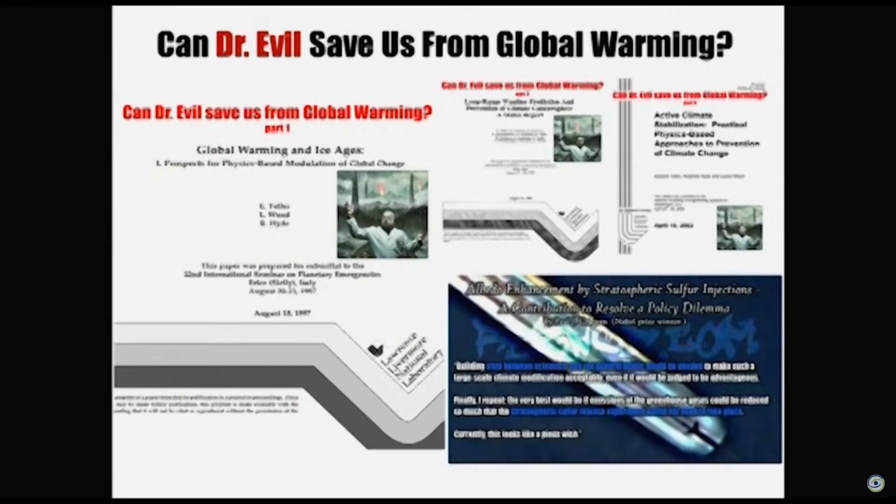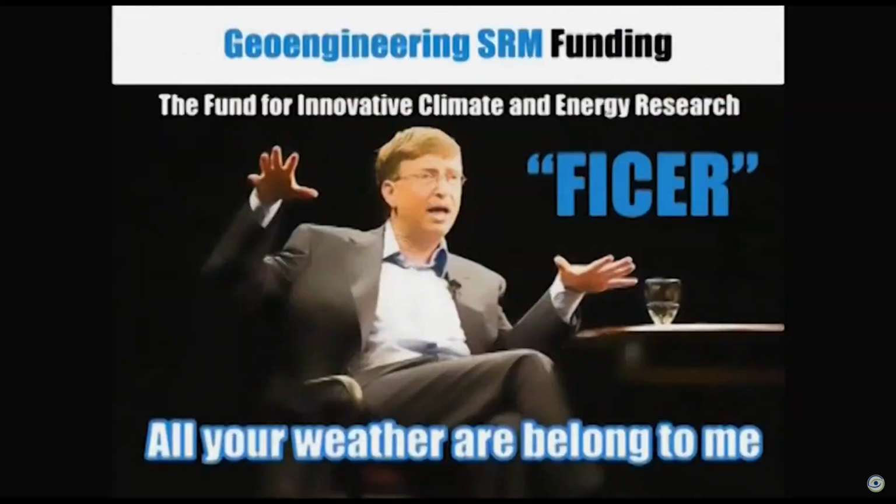So he pushed it. Ken Caldeira, in the second paper there, made a computer model of the future of what geoengineering would do to the planet. And he said, this looks rosy. We cooled the planet really well. So then they wrote a follow-up paper, and then a Nobel laureate came along and said, hey, let's do it with sulfuric acid. That'll work. And the push has been on ever since.